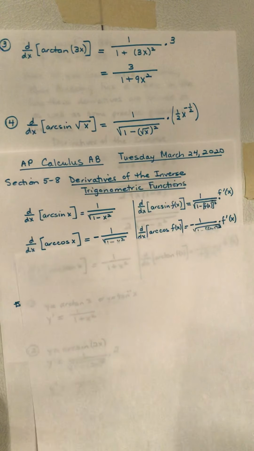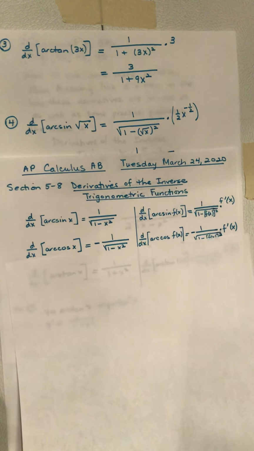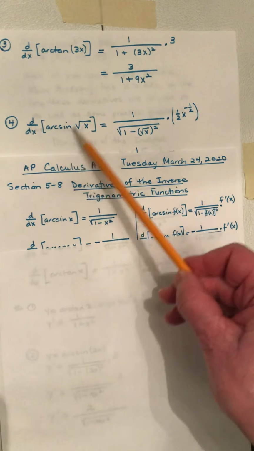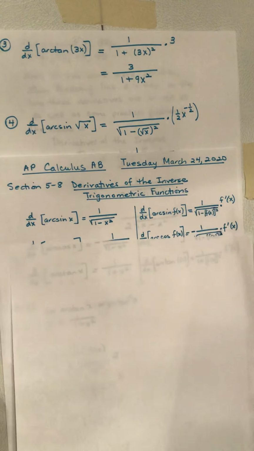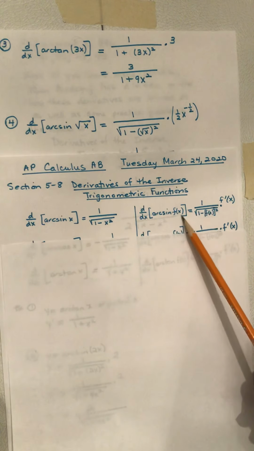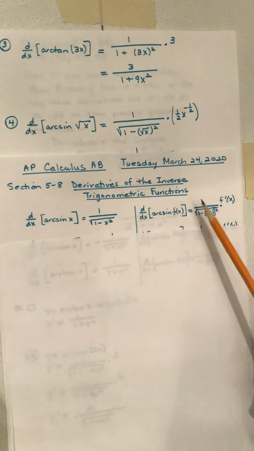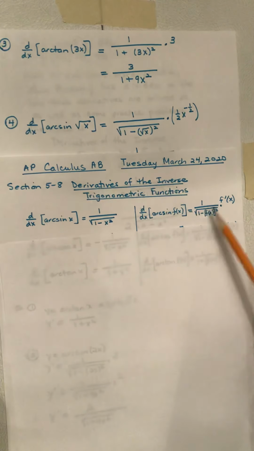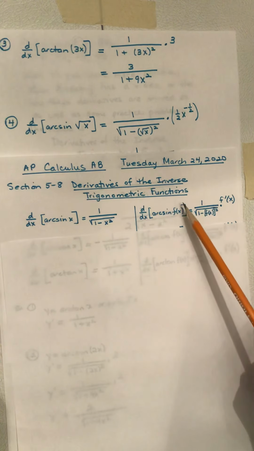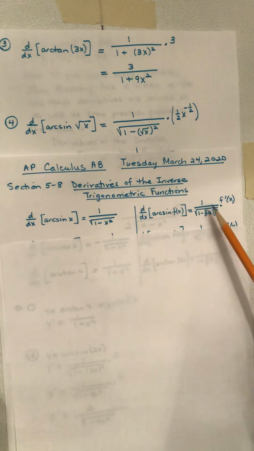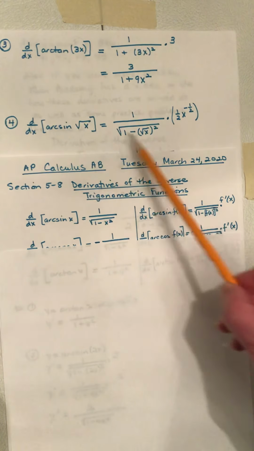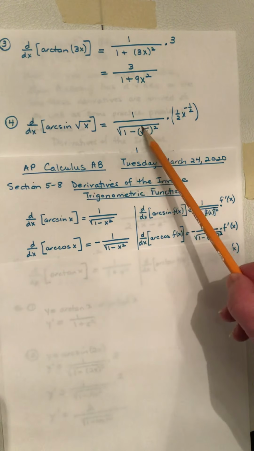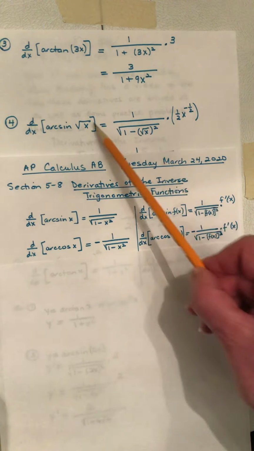This one is the derivative of the arcsine of the square root of x. So the square root of x is a function inside the arcsine function. So let's go to the arcsine of f of x. The derivative is going to be 1 over the square root of 1 minus the inside function squared. The inside function is the square root of x, so that's going to be 1 minus the square root of x squared, times the derivative of the square root